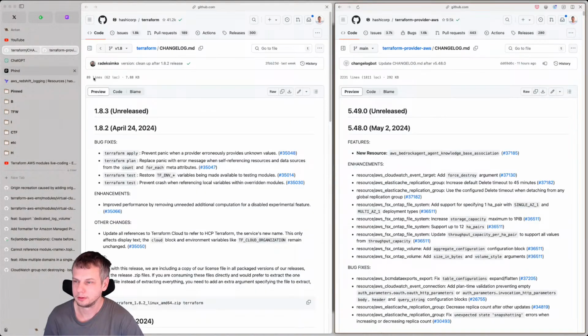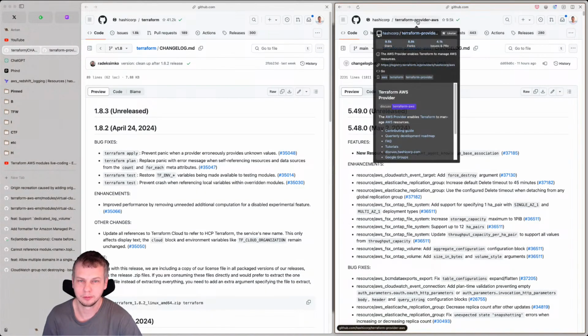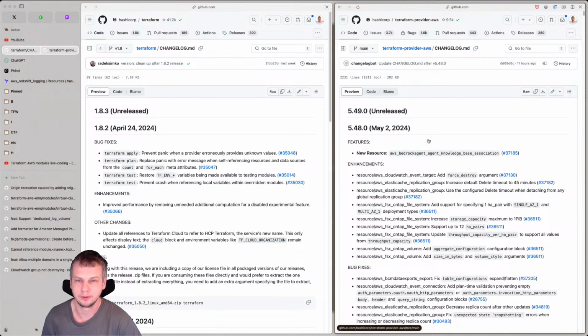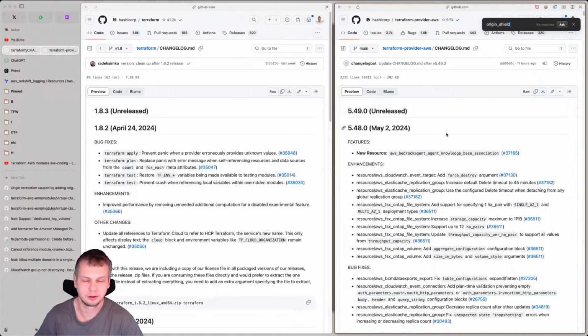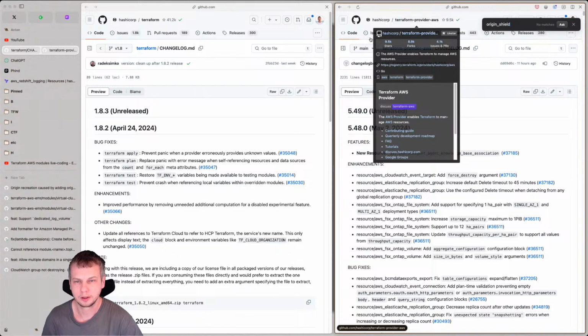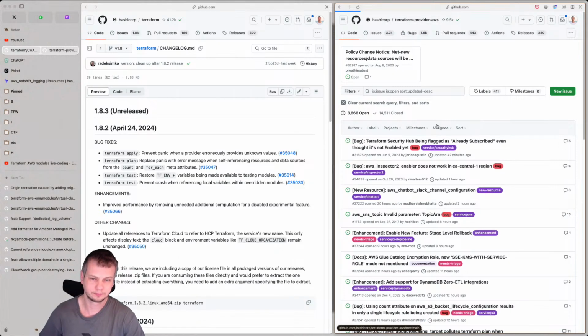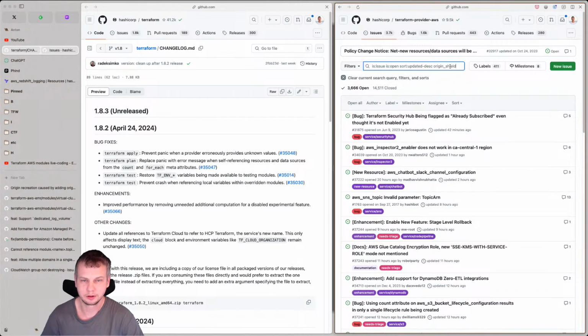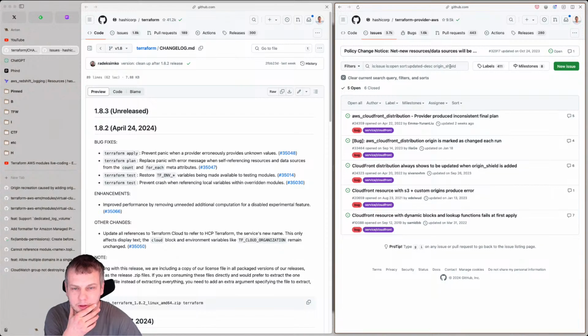So we go to terraform-provider-aws, maybe search in the changelog, nothing here. Maybe we look into issues and we search for origin shield. And here we are, provider produced inconsistent final plan. Yeah, so there are already reported issues here.